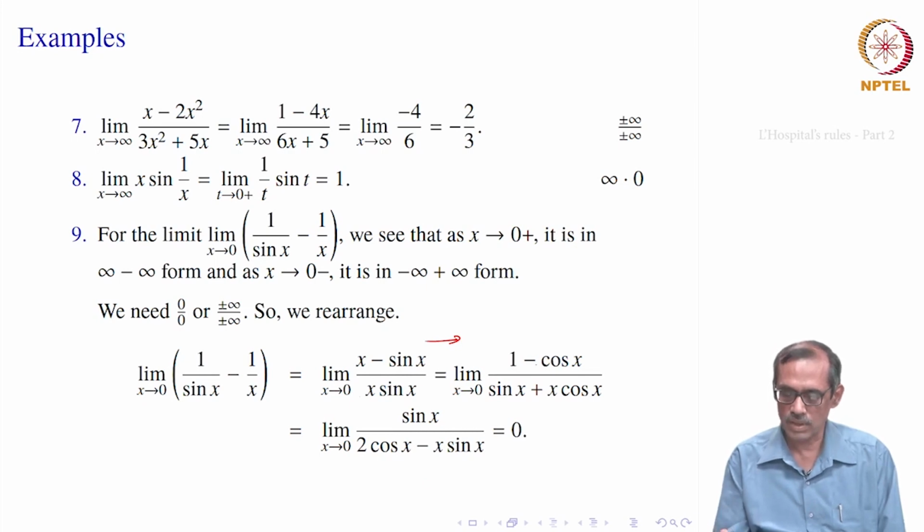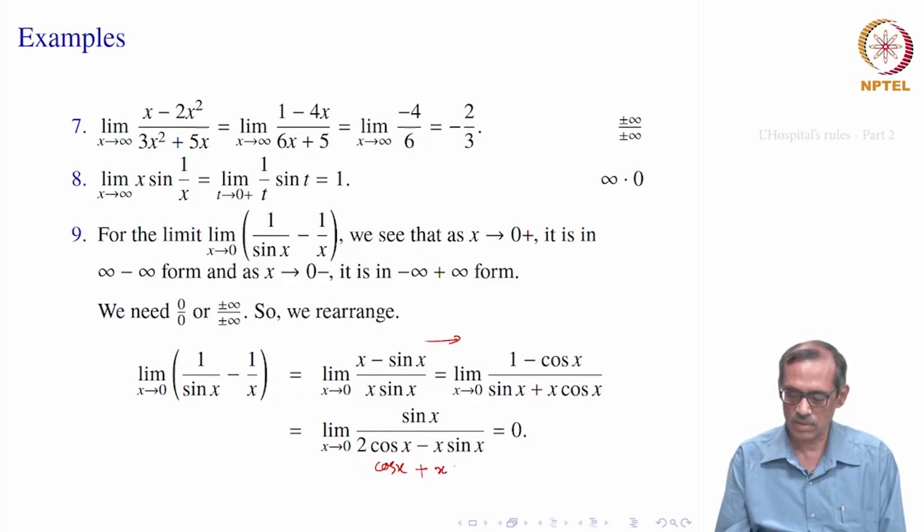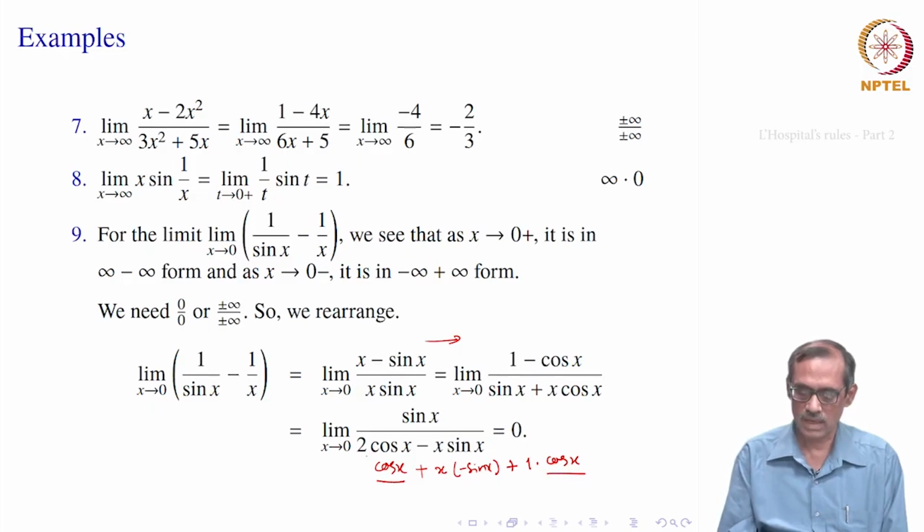Now, when x goes to 0, its numerator goes to 0, right, because cos x goes to 1, and the denominator also goes to 0. Therefore, you can apply L'Hopital's rule once more. So, minus cosine x gives you derivative as sin x, and this sin x gives cosine x, and x cosine x again you apply product rule. So, that gives plus x into derivative of cosine x plus derivative of x into cosine x. So, these 2 cosine x are written here as 2 cosine x, minus x sin x, that is right.